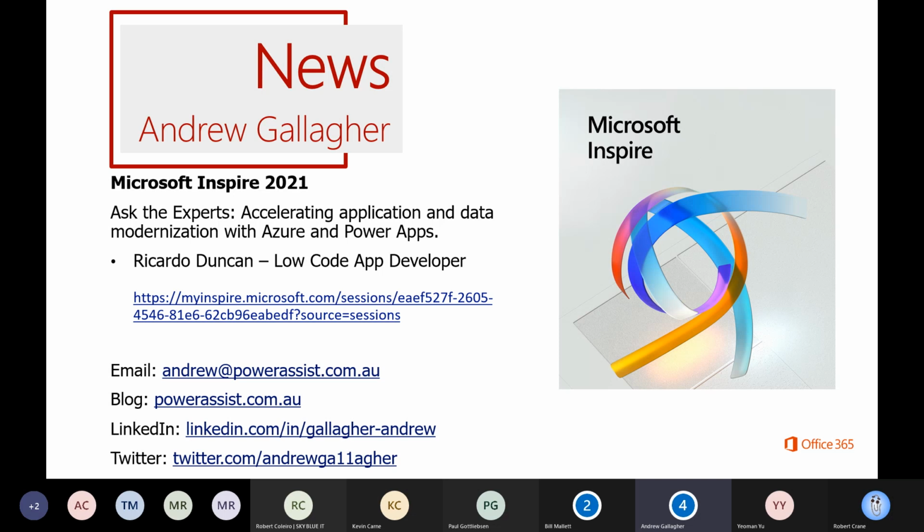He then described scenarios and use cases of how the Power Platform has assisted Microsoft customers along their journey. They're building user interfaces on top of current SQL Server databases and putting them into virtual machines.